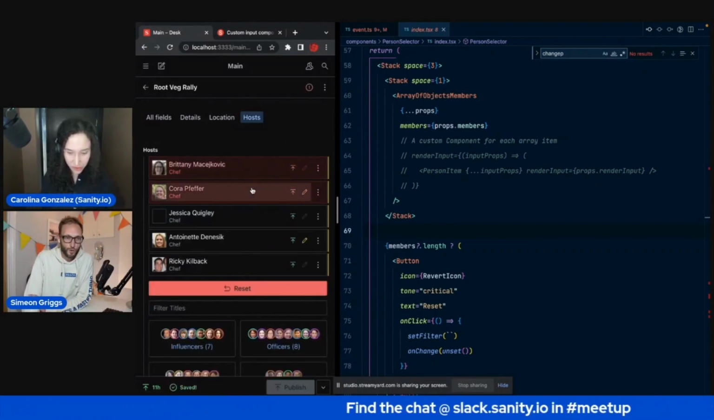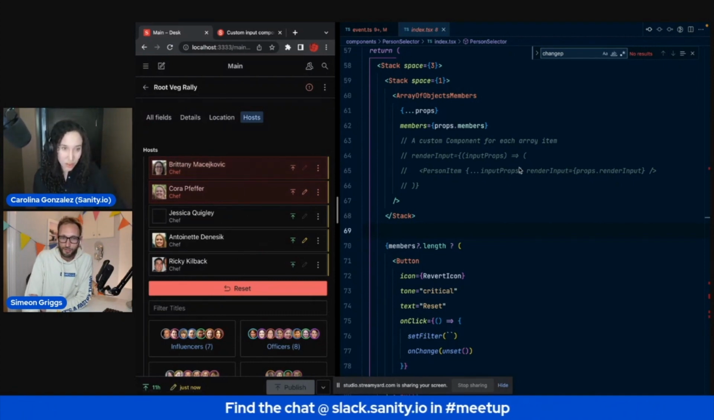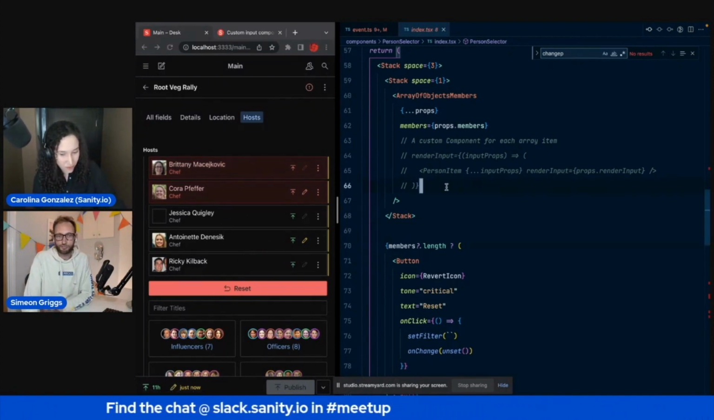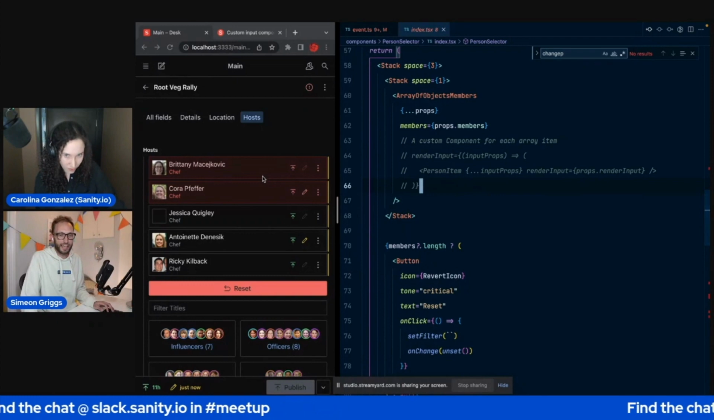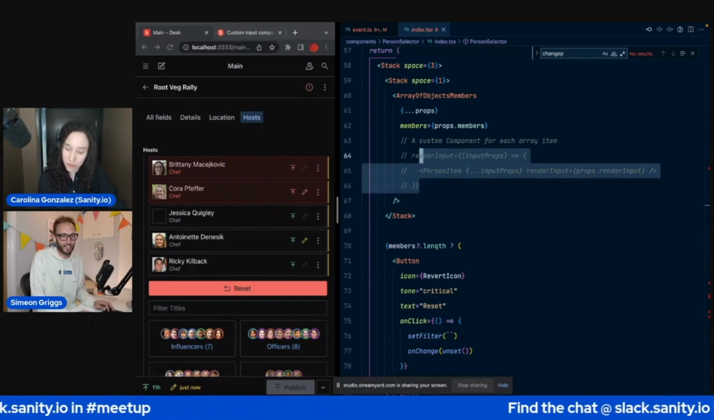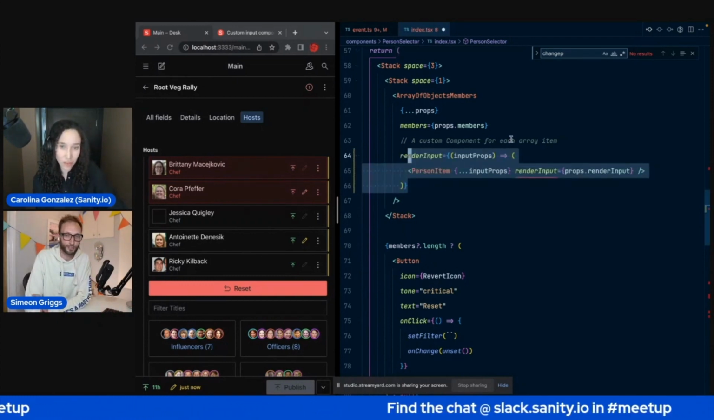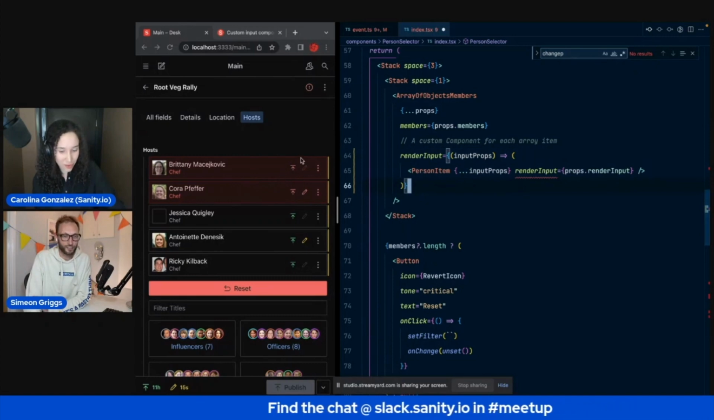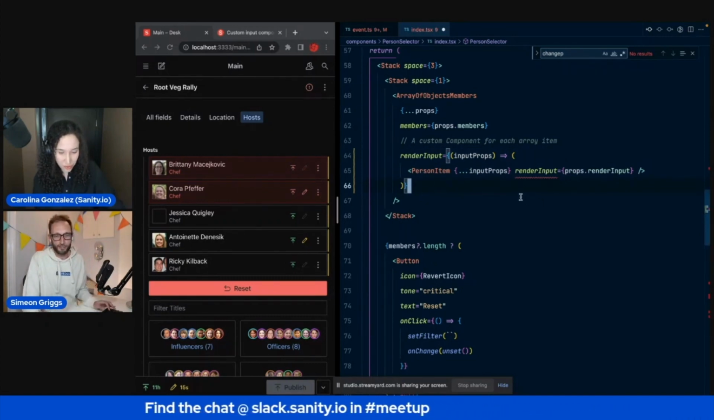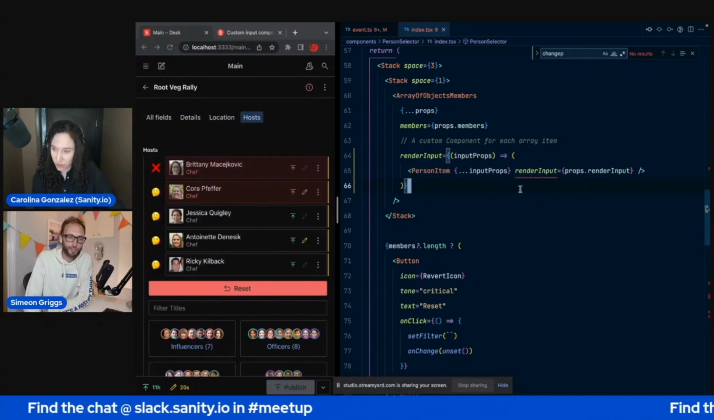We can see that 2 are set as invalid, but before we look at that, I'd just like to look at render input as well. So not only do we get the array field of items, we can actually even customize what each of those items look like and still get all of the affordances of the array items themselves. If I bring in my person item component,